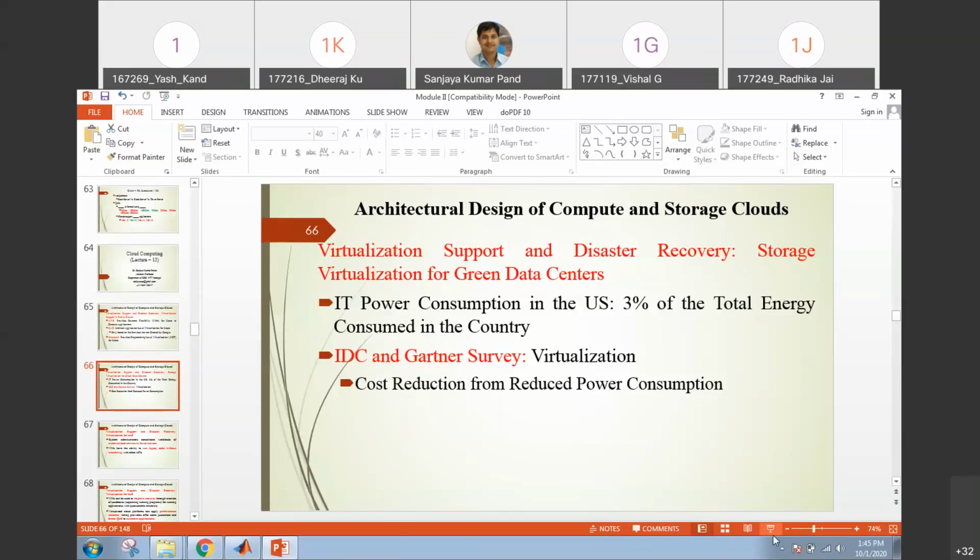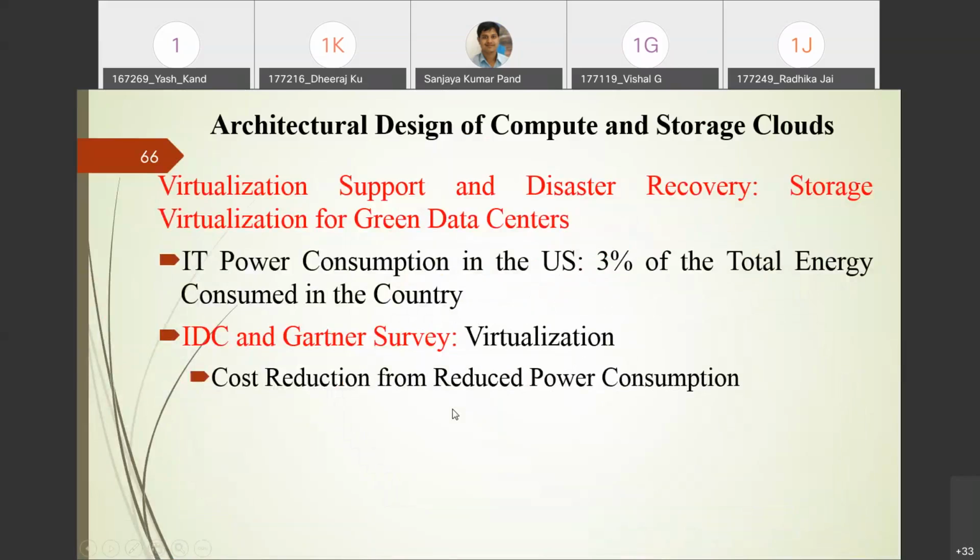Okay. In this case, if you see, both solutions are better, right? I'm not saying solution 1 is not better or solution 2 is not better. It purely depends upon how much energy is consumed in solution 1 and solution 2. Solution 1 says the first server is busy for 70% of the time and the second is not used. This is the first scenario. In the second scenario, the first server is busy for 40% of the time and the second is busy for 30% of the time.